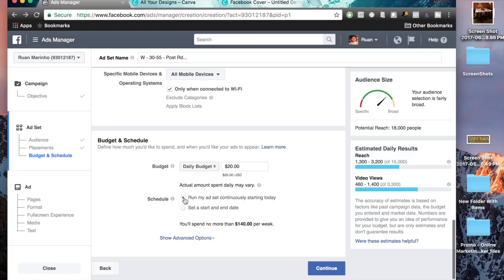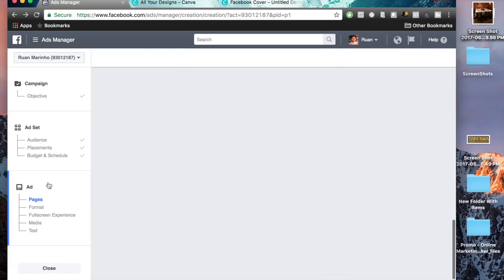I don't like doing that just because with Facebook there's no commitment. If you don't like an ad and it's not performing well, which I'll explain how to judge in a later video, you can simply turn it off using the Facebook ad app on your iPhone or your Android. So in this example, we want to place something very little, $5. I always recommend putting $5 and seeing how it works, because once you do that, then you can drill down on what's working well. Okay? So test out $5 for a day, and then click continue,